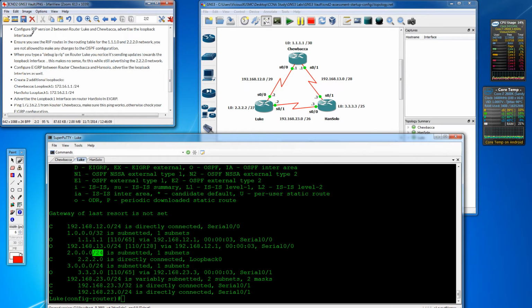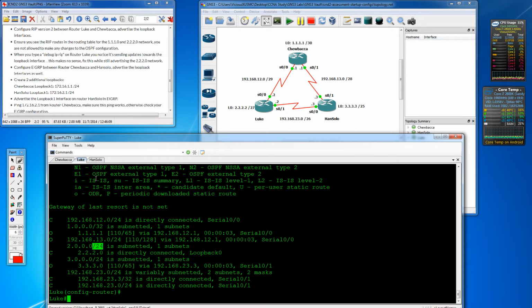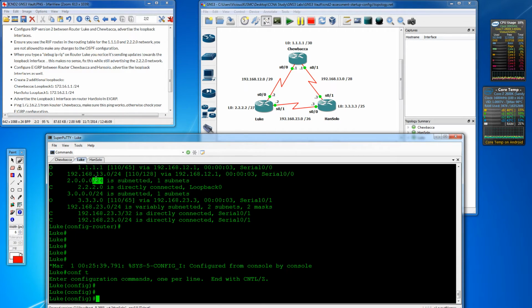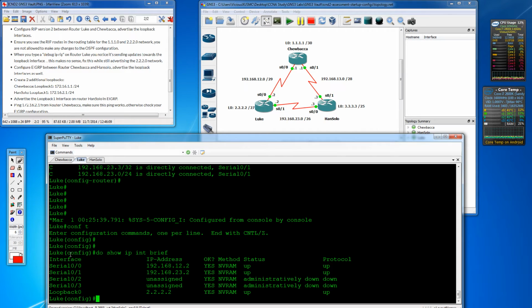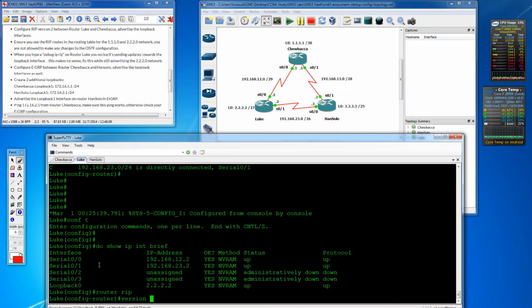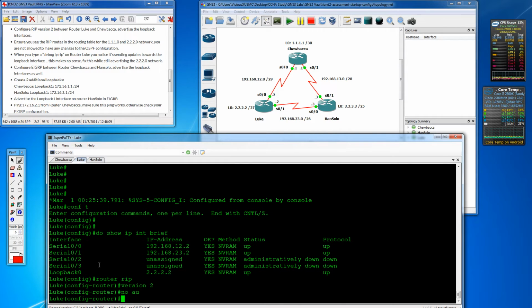Next is asking us to configure RIP version 2 between Luke and Chewbacca, and it wants us to advertise the loopback interfaces. So we'll start with Luke, and to get to Chewbacca we're going through serial 0/0. So I'm going to do a do show IP interface brief so I can see my IP address for that link, and I'm going to say router RIP version 2, no auto summary, and then I'm going to make my